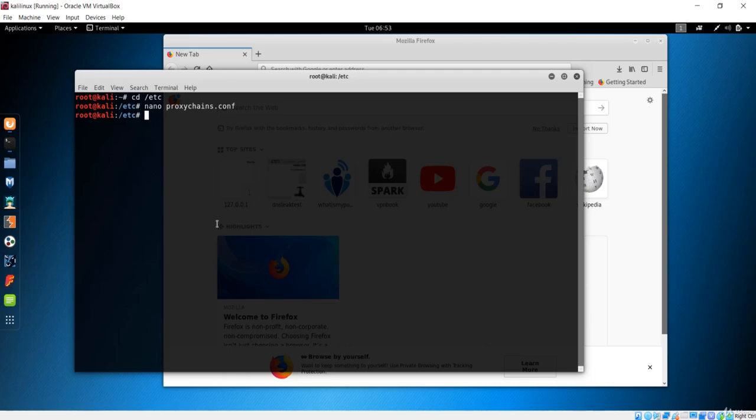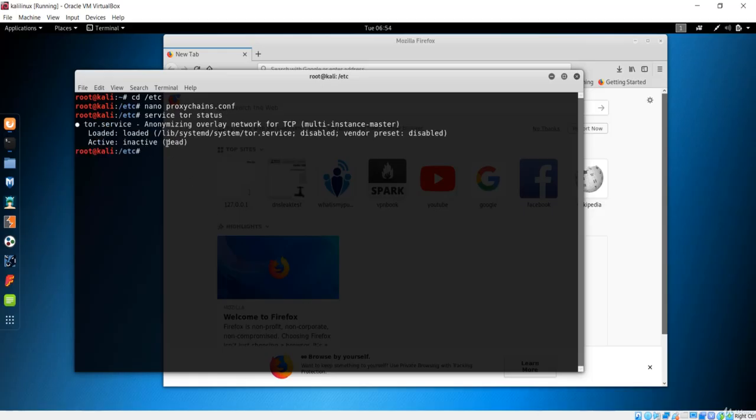We saw how to start our Tor in the case where we made our own onion routing website that is hosted locally in our machine. Then we saw how to activate the Tor status in our machine. We'll do the same here, but before that let me see if this Tor service is active or not. In order to see that, we'll make use of this syntax which will show the status, and it is saying inactive. That means this Tor is dead. So we have to start the Tor network right now.